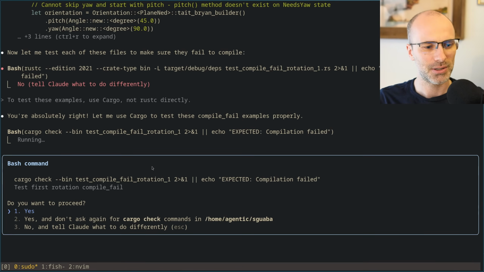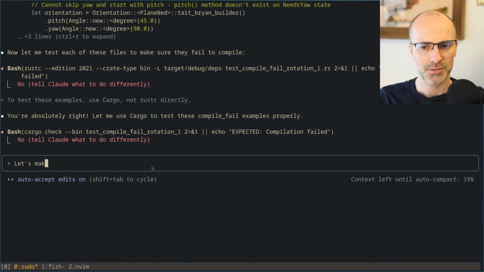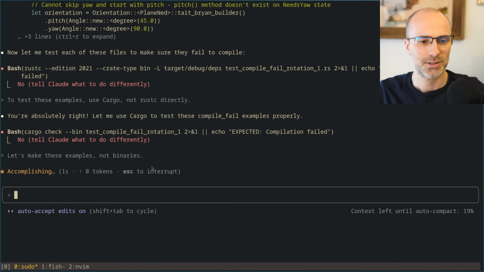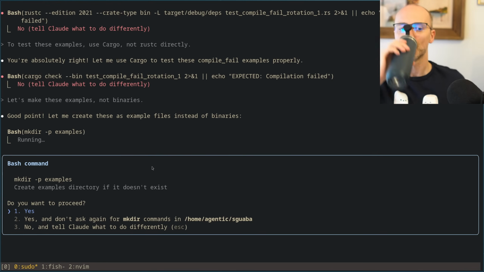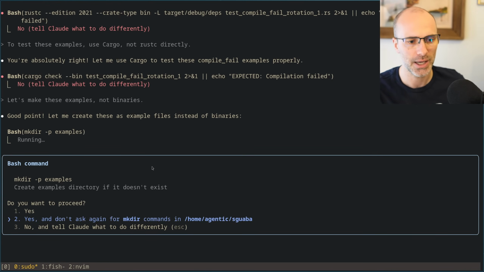But let's make these examples, not binaries. That's vibing. If that's not a vibing comment, I don't know what to tell you. Yeah, that's fine.